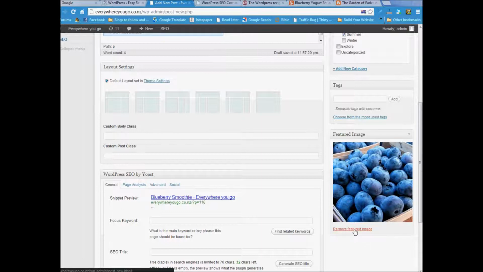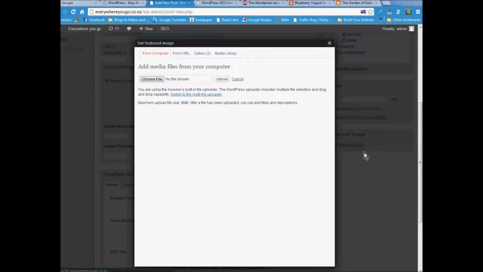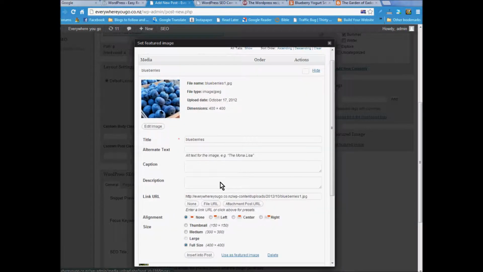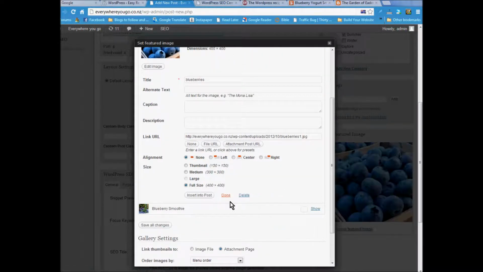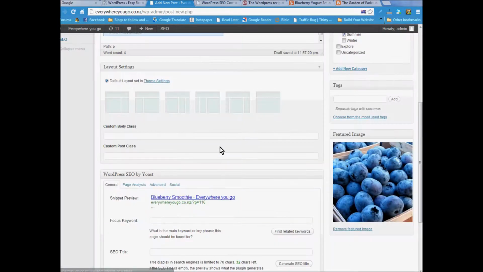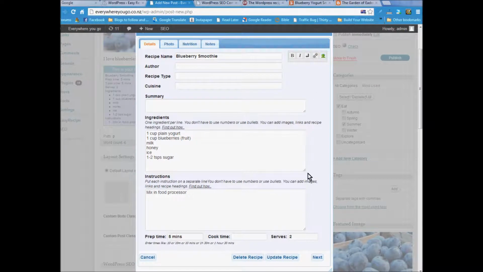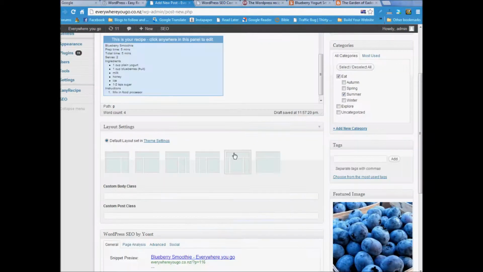Now you can remove the featured image and then set it again. I'll do that just to show you. So that was my square image. So use as featured image, wait till it's done. Okay, great. And when I want to edit this, you click on this, and then